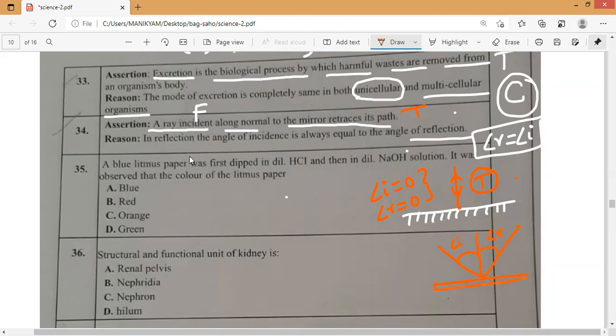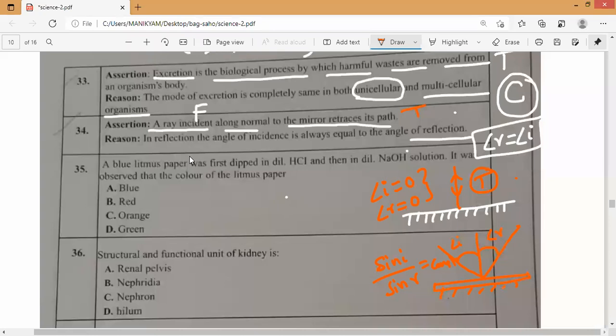So now, in refraction, it will be Snell's law, sin i by sin r, which is equal to what? Always constant. This is the second law in refraction. Do you understand? You have to remember that. Now you tell me, what is the answer? Both are correct, sir. Both are correct, but why is it the correct explanation?